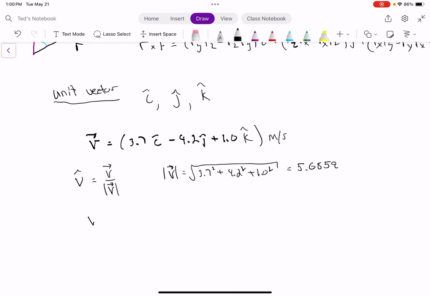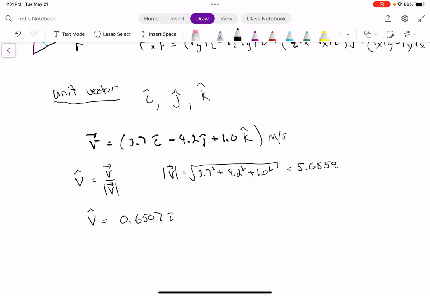So my unit vector in the v direction would be equal to 3.7 divided by 5.6859. Whoops, I put in my calculator multiplies, I meant divided. That gives 0.6507